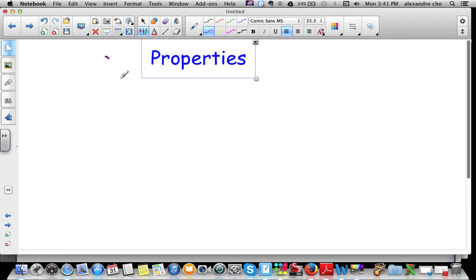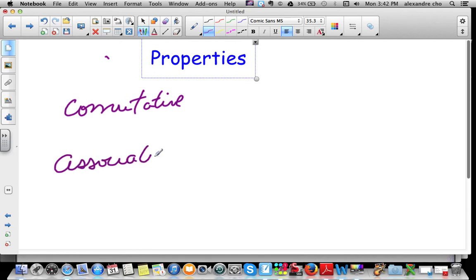Okay, reviewing, the main properties that you're interested in are the commutative, okay, you have the associative, and you have the distributive. Those are the main properties that you worked on this year. Okay, so